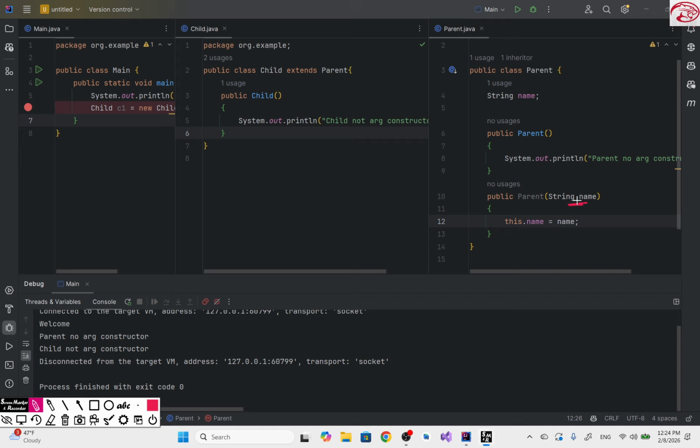This is a local variable to the method or to the constructor. We accept it from outside, so this value comes from outside when we make a call to this constructor of the parent. This is a local variable, and we set this local variable to our instance variable, or member variable. Why do we use this keyword? We use this keyword to differentiate between the local variable of the method and the instance variable or the class variable. Okay, so this dot name refers to the instance variable, and this name only is a local variable